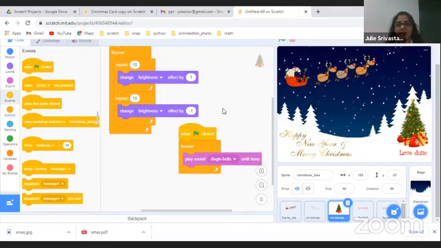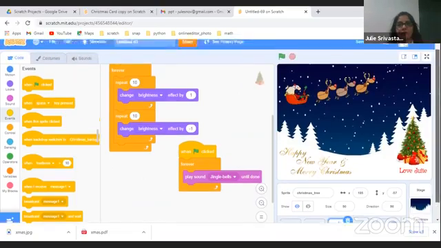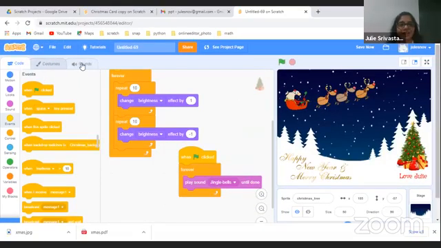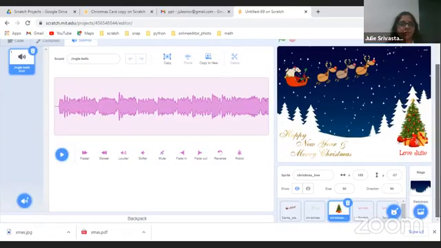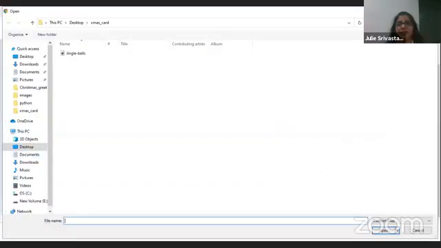So I'm going to repeat the sound again for everyone. You go to the Christmas card, the Christmas tree, sorry. You go to the Christmas tree sprite. On the left hand side, you get three options. One is the code, one is the costumes, one is the sound. From here, you will be able to upload the sound. To upload the sound, you get an icon like this, choose a sound. You go to the last option called upload sound, and you add your jingle bell sound to that.